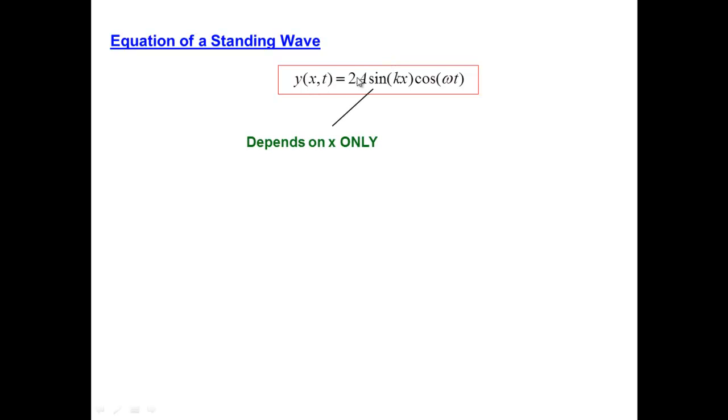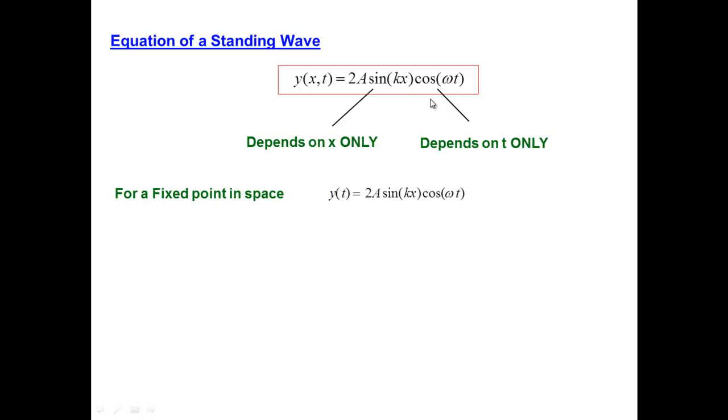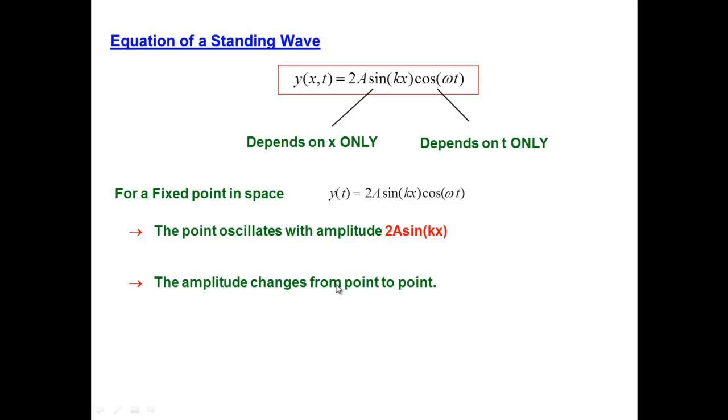So if we look at the first term, we see that it only depends on position, sine of kx. The cosine omega t term only depends on time. So that if we pick a fixed point in space, some value of x, like 2 meters, then we can look at the displacement of the medium at 2 meters as a function of time. And the sine term will be a constant because we've chosen a particular value of x, and all that we'll see is that the point oscillates the way that a simple harmonic oscillator would, with an amplitude equal to 2a times the sine of that argument. So the amplitude changes from point to point. As we move to different values of x, the amplitude changes, but the time dependence is given just by this